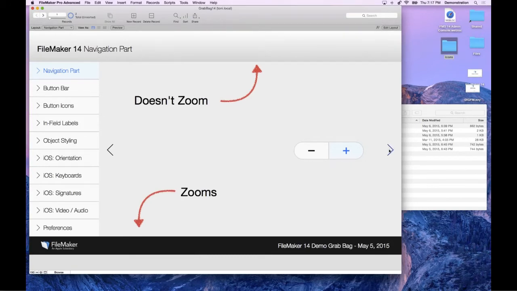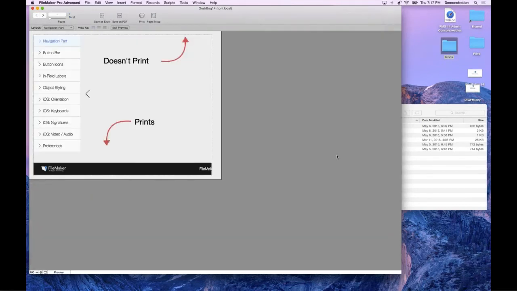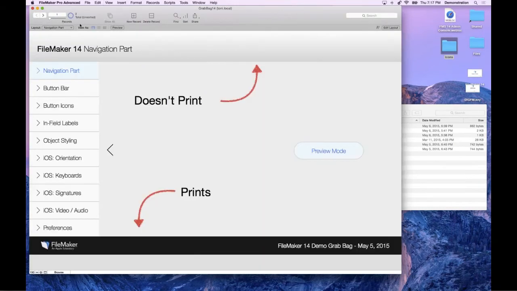So that's one difference. The other difference is navigation parts don't print. So if I go into preview mode right now, I've got no navigation part up at the top. And I think if I go back to browse mode and go back to my zoom layout,